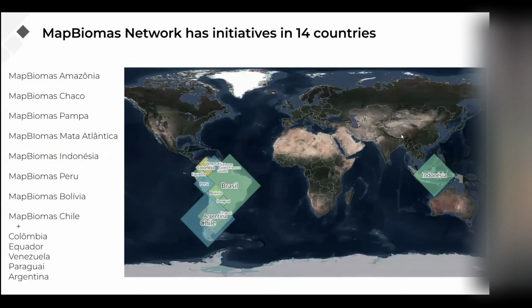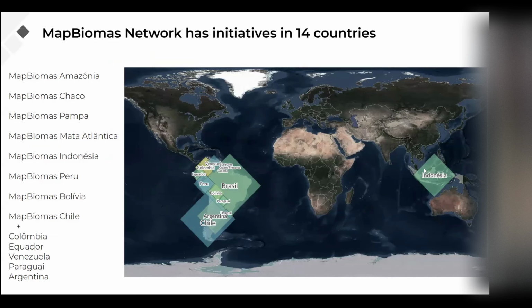So nowadays, MapBiomas is mapping not only Brazil, but all the countries in Latin America. I am responsible for part of the Brazilian MapBiomas, but we have maps being made locally by teams from the countries that learn how to do it, and they choose their own classes, then put together their own algorithms to make the classifications on satellite images.